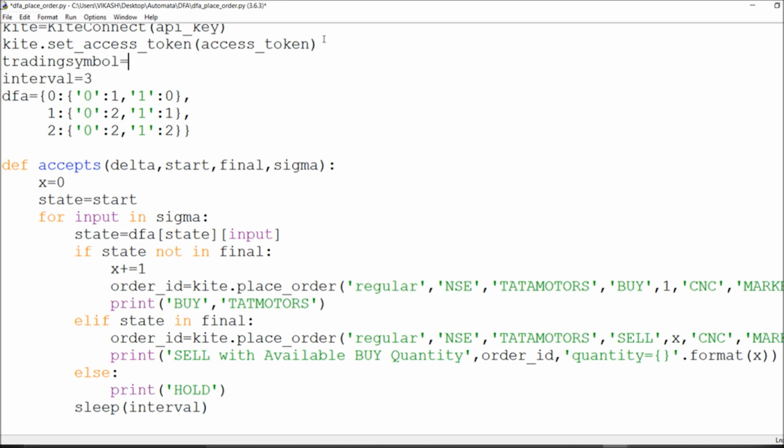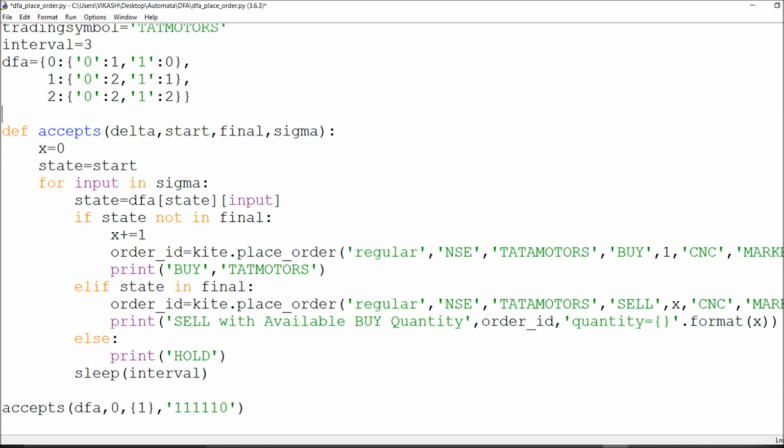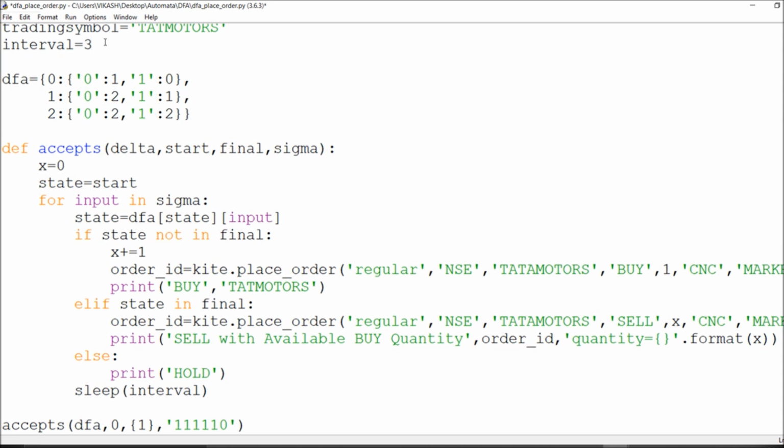Okay, so what trading symbol? Right now I'm going with this. So you can choose any trading symbol you want, just set it. You just have to call this input for this. So whatever signal I have to give, whether I have to go for the buy, sell, or just hold. Okay, so you can go with this stuff. So I will say which signal you are giving. So if you say that this is the way I should go.